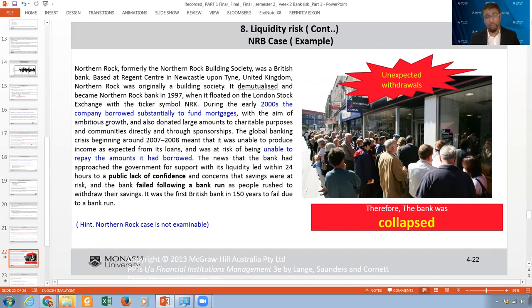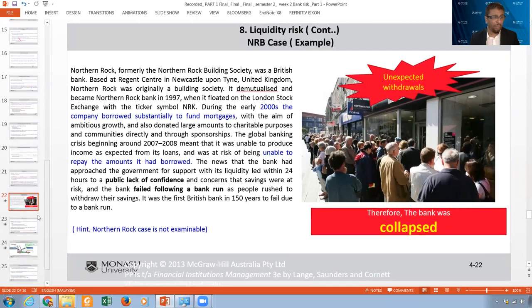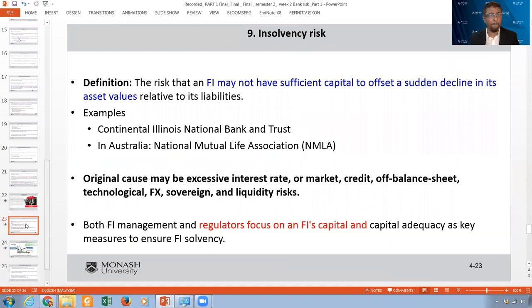With a liquidity problem, the bank, the financial institution, could be in very good shape. It's just that we don't hold the money inside the bank, but we invest it. And if our expectation is not right, or because of a problem in the market, any panic in the market, that will lead to what we call liquidity risk.